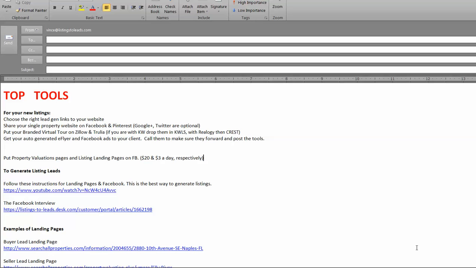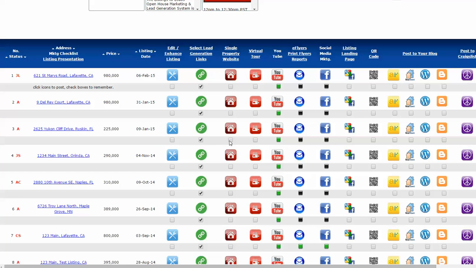So we're going to talk about that, and it's this line right here. Get your auto-generated e-flyers and Facebook ads to your client. Call them to make sure that they forward and post the tools. Okay? So what does that mean? What that means is there's an e-flyer on Facebook, and every time you send yourself an e-flyer or Facebook ad, they're going to go to you. You've got to forward them to your client. And there's actually a way to send them automatically to your client, but we're just going to focus on the basics right now. So when we click this button here, the e-flyer button,